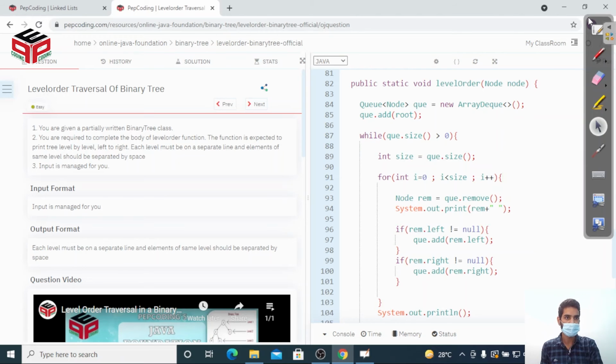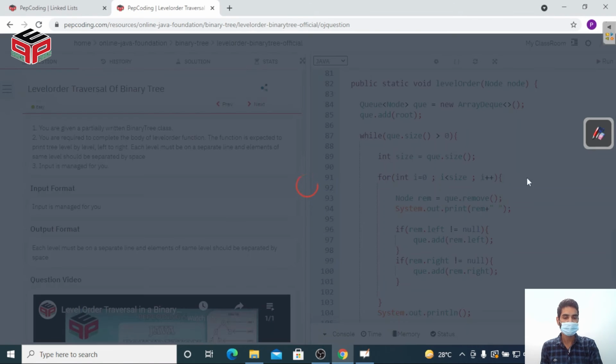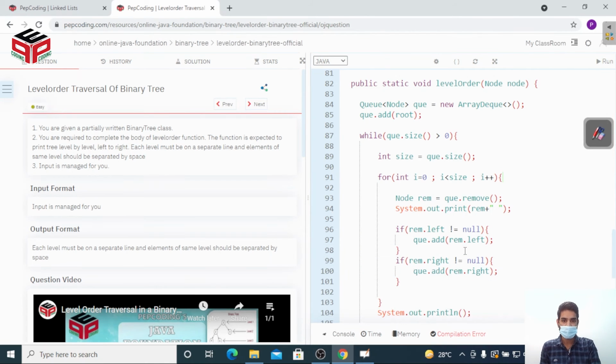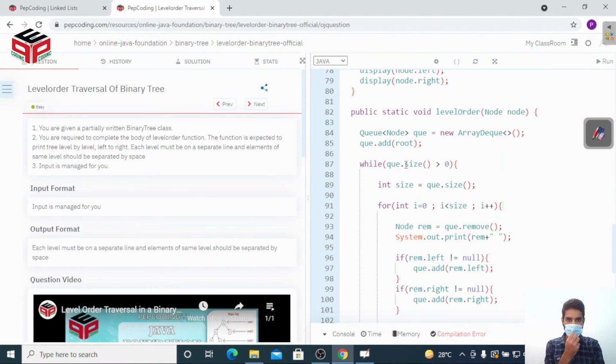Firstly, let me remove this. The program is running. Yes, we are having a compilation error at queue.add.